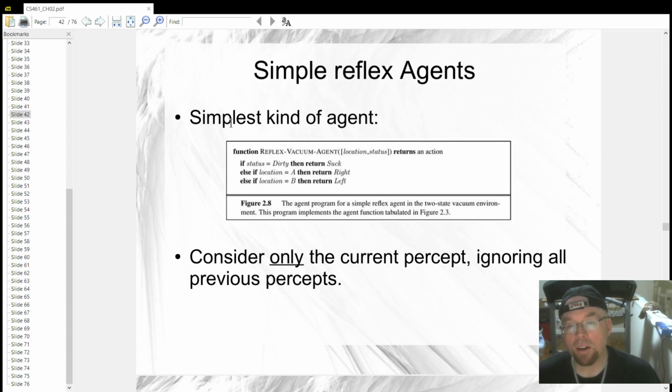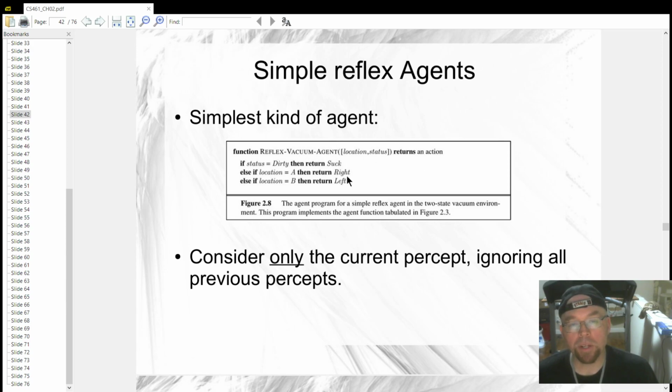So this right here is an example of a simple reflex agent for that toy problem that we outlined in the last video, the vacuum world. You remember 2 states, space is dirty or it's clean, and then the vacuum can be in one or the other spaces, right? So the way we can read this function, okay, the simplest kind of agent, is that you